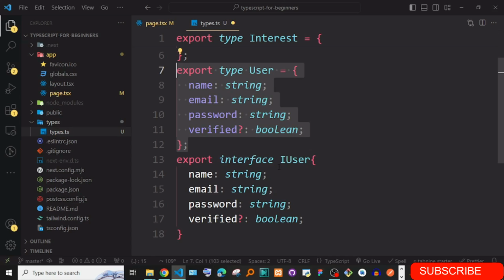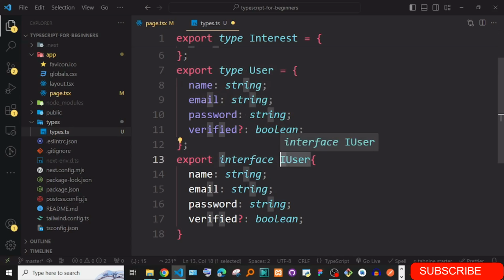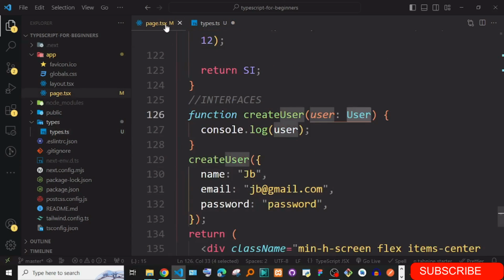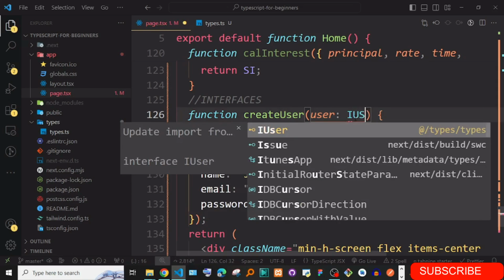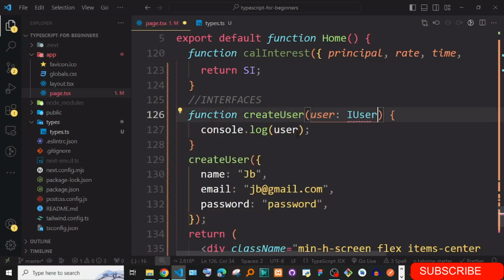So now I can export this interface. Now if I come back this side, instead of using this user, I'm just going to use I user. Okay, so also import this.